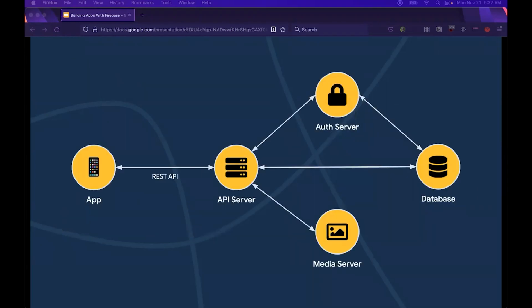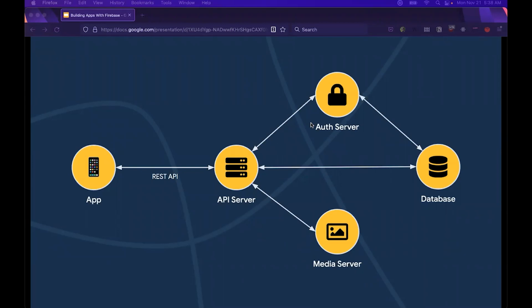Cool. So let's start with an idea for an app. We are thinking of how to build it, but let's start with a pretty common app architecture. Most apps need a database. So we have a database here. Users want to access data, so there's always some kind of an auth system. You don't want to allow everybody to access everybody's data. People should be able to access their own data, and that's where an auth system comes in. For big files, there's also some kind of a media server. And then there's an API server that combines all of these things together and talks to the app in a